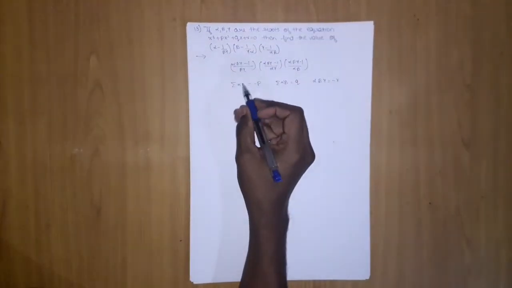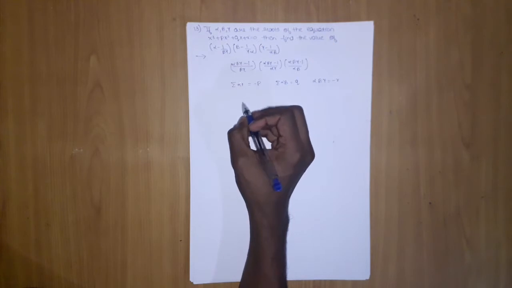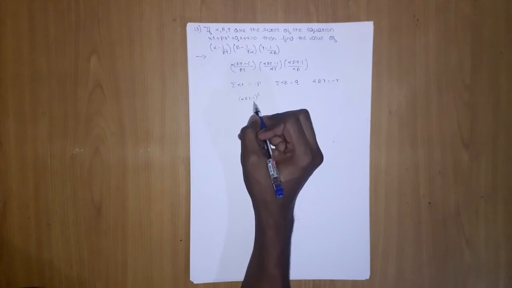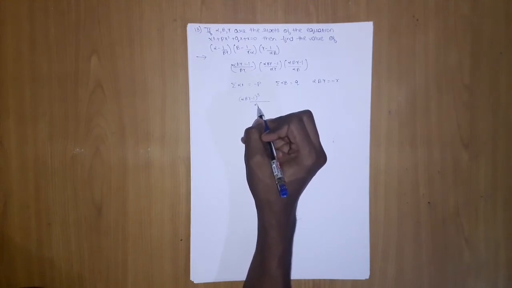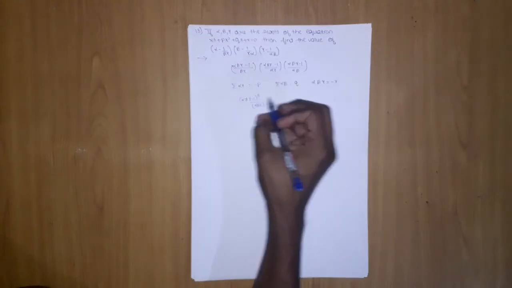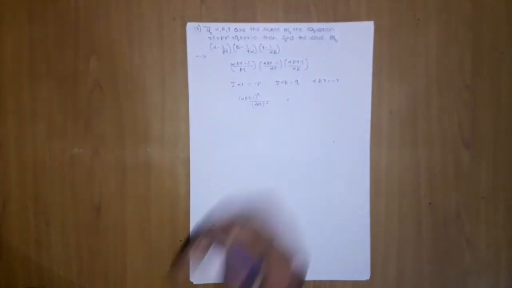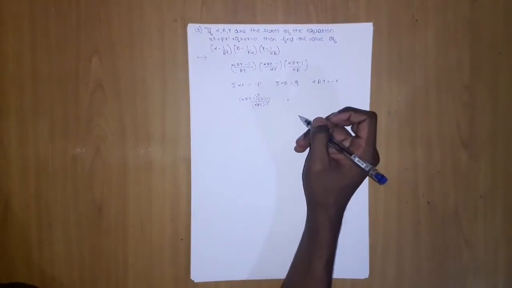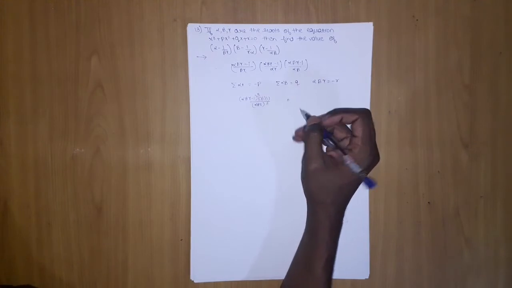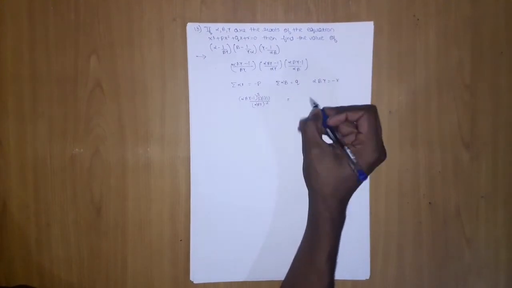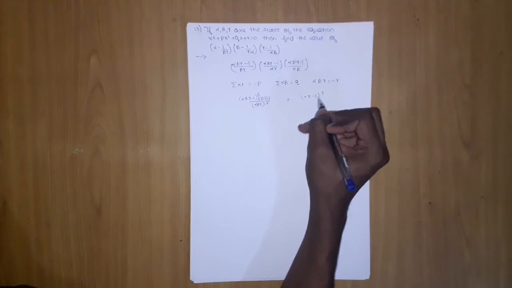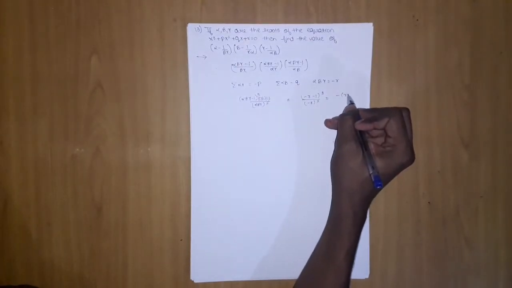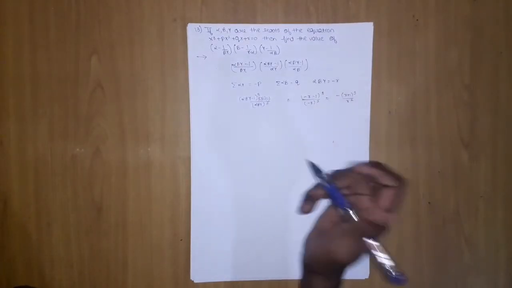Now if I take these 3 common, it will be alpha beta gamma minus 1 the whole cube upon alpha beta gamma the whole square, right? And here it will be 1 into 1 into 1, which you can understand by yourself. After this we will put this value, which will be minus r minus 1 the whole cube upon minus r square, which will lead us to minus 1 into r plus 1 cube upon r square. So this is your answer.